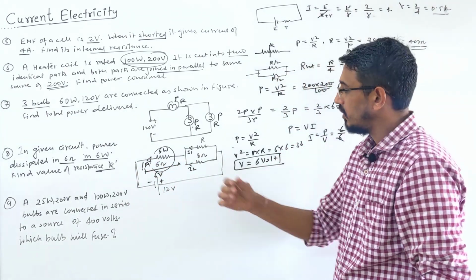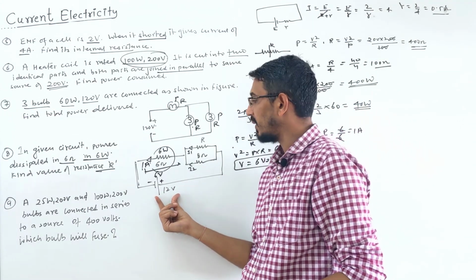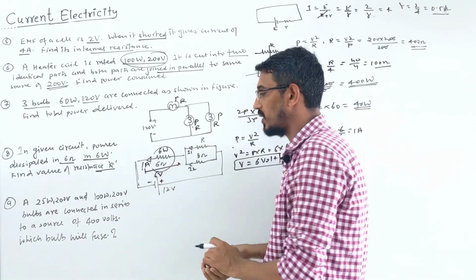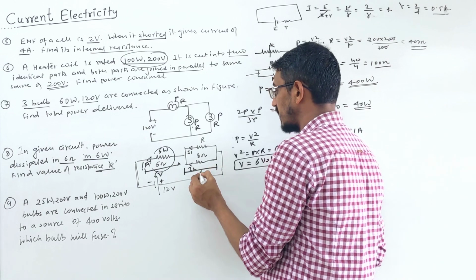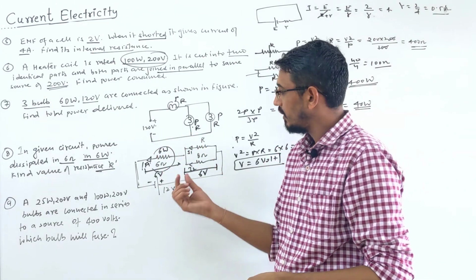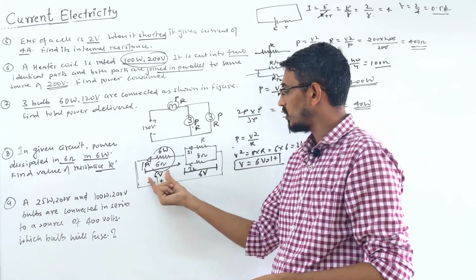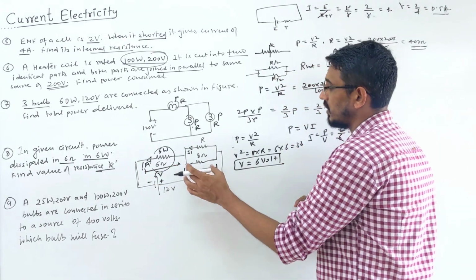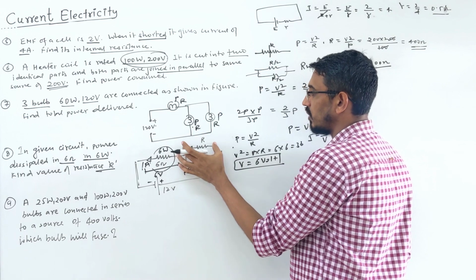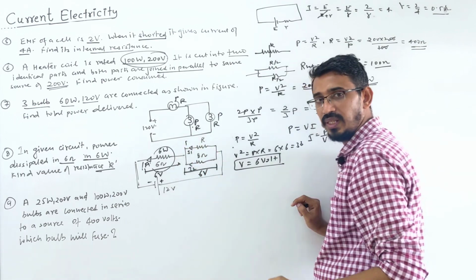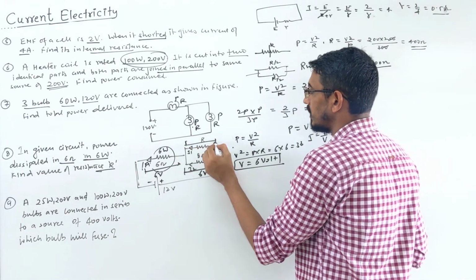Now give attention. The 12 volt battery is there, right? 6 volt is consumed by this resistance. So obviously the remaining voltage is consumed by the other. How much? 6 volt only, right? So of the 12 volt battery, 6 volt is consumed here. So 6 volt will go to what? Here. Now 6 volt across the 8 ohm, and 6 volt across what? This, your R also, right? Both will have 6 volt.